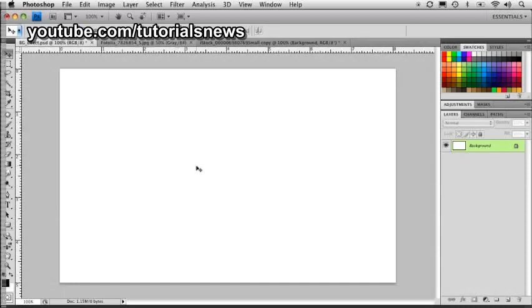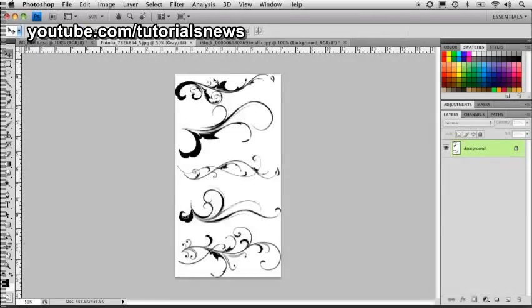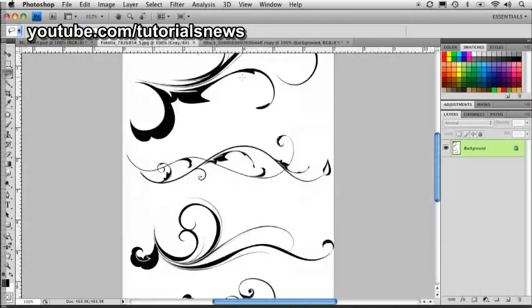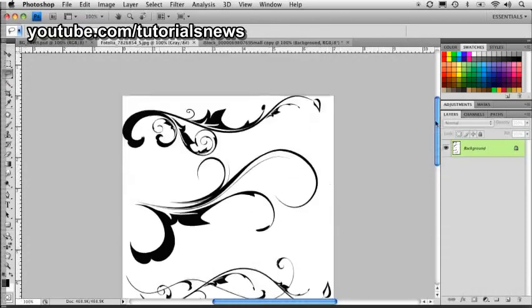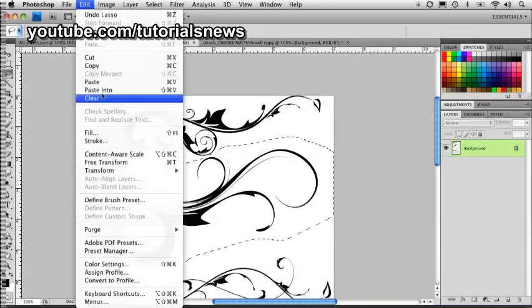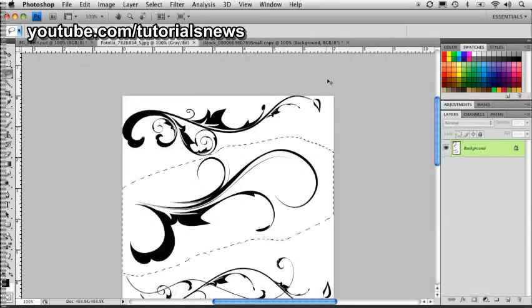So I've already got my document set up here. I'm going to jump over to my file where I've got some stock art here. These are just a bunch of stock swirlies that I found. And I'm going to go and use the second one to create my pattern with. So I'm going to zoom in here and grab my lasso tool right here. I'm just going to drag around and select this one swirly shape here. And I'm going to go ahead and copy it to the clipboard, and let's go ahead and create a new